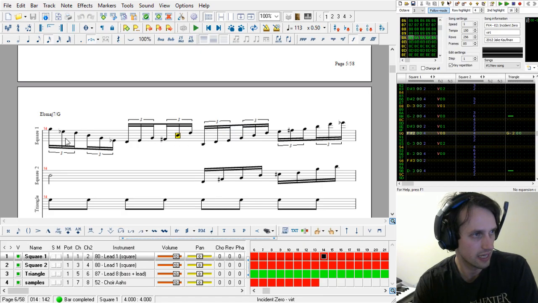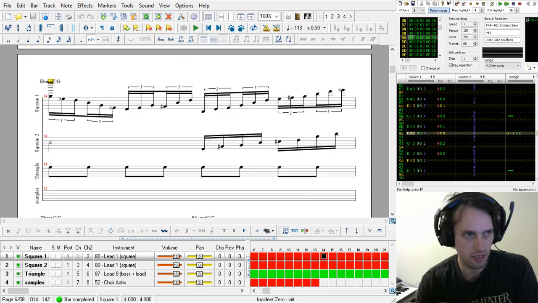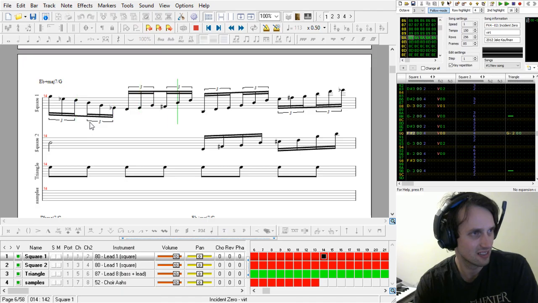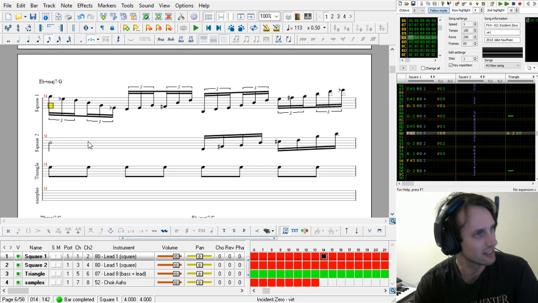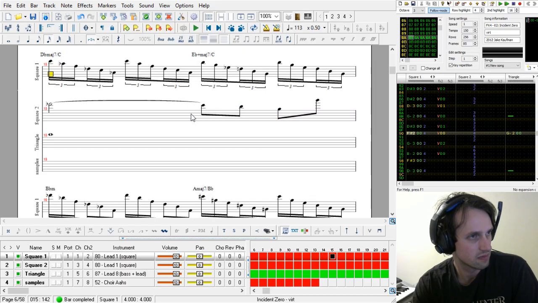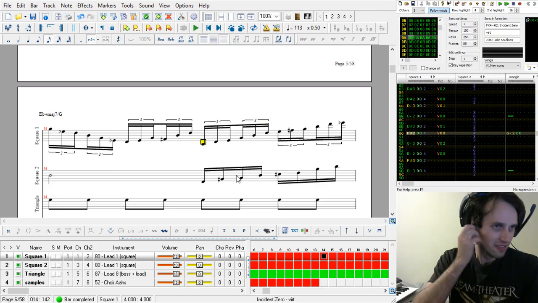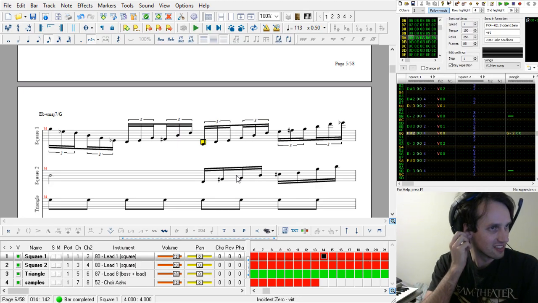Wait a minute. B natural. This chord symbol's wrong. It's E flat augmented, major 7 over G. Kind of makes me wonder if it is really an E flat chord. Yeah, and this 16th notes against 16th triplets, that definitely happened in the Shovel Knight soundtrack too. Bert's not shy about that kind of rhythmic dissonance.